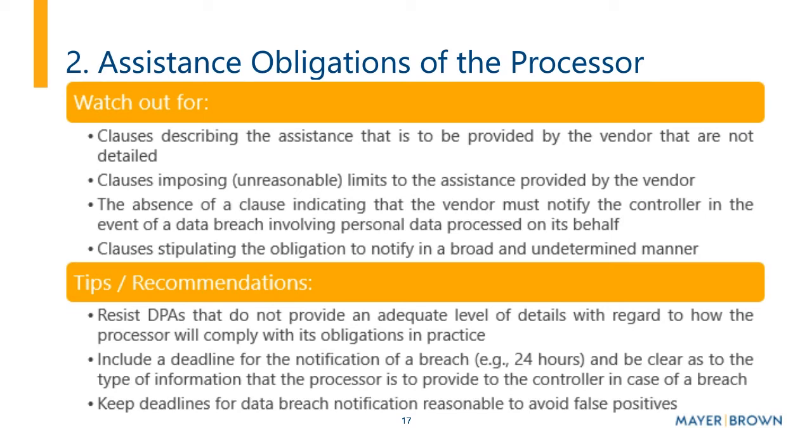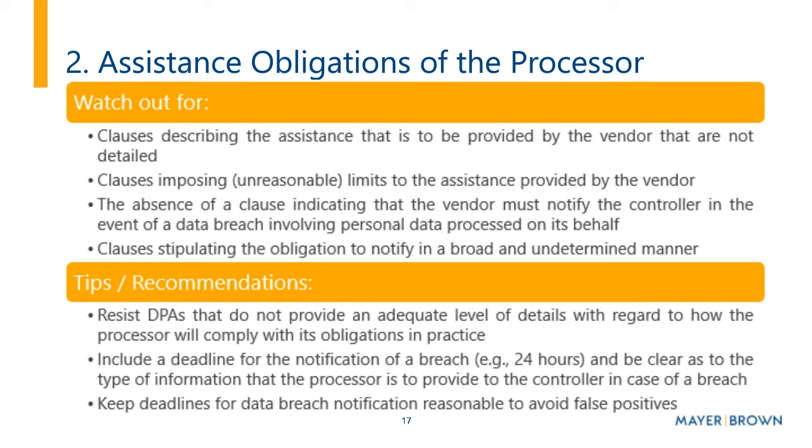It is essential that your processor provides assistance to you, but not only provides assistance, but that they provide it in a specific way, in a detailed way, and in a way that actually is of help to you. If we think, for example, of data breaches, these are one area where assistance from the data processor is essential. And why? Because in many cases, the data processor will actually be the organization that has real control over the personal data, that knows, for example, if the data breach happened and why, that should actually inform you on what